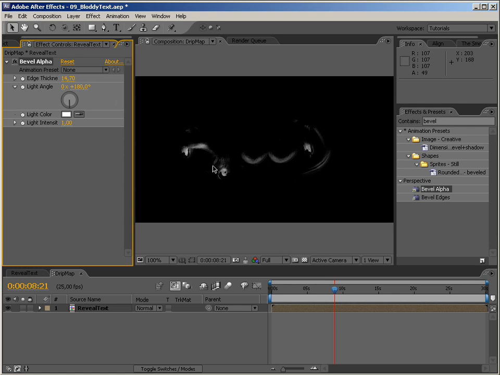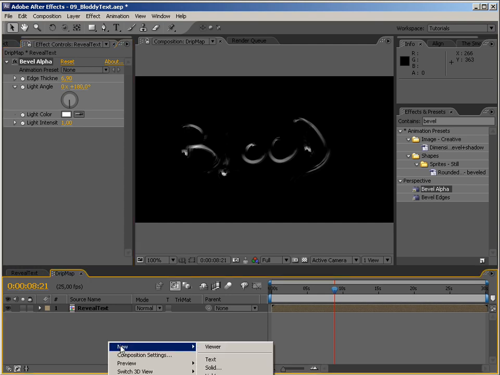You can even increase the thickness, as you can see. But I think that something around this will be just fine. Let's try this. Okay, but that's not all. That's still too much. So I think that we can create a new solid layer